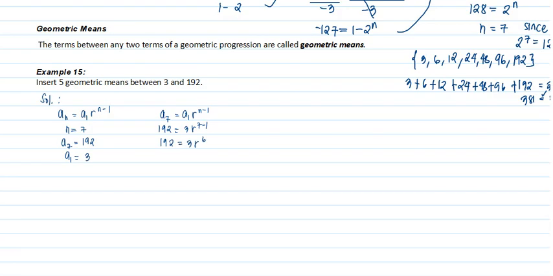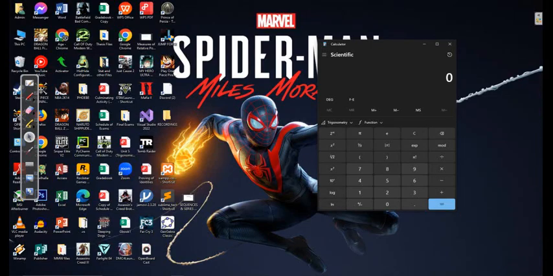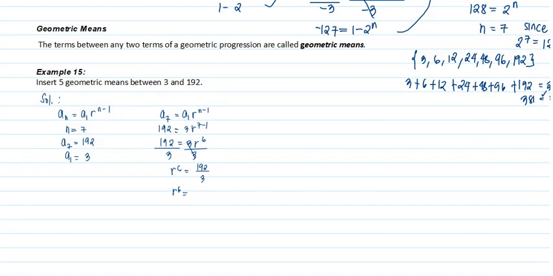Then, we just divide both sides by 3. If we divide both sides by 3, it would give us r raised to 6 is equal to 192 divided by 3. Now, 192 divided by 3 is how much? So 192 divided by 3 is 64. And then from this, we are going to get the sixth root of